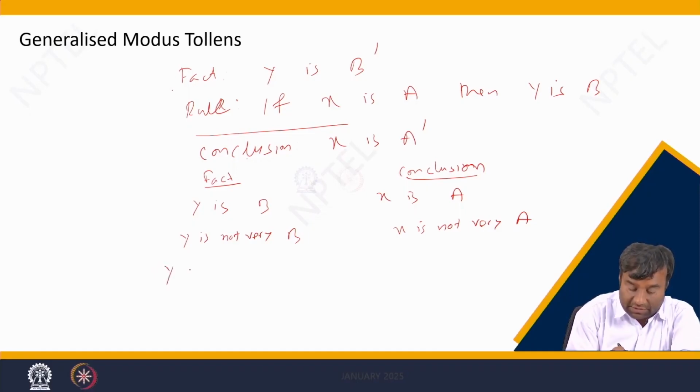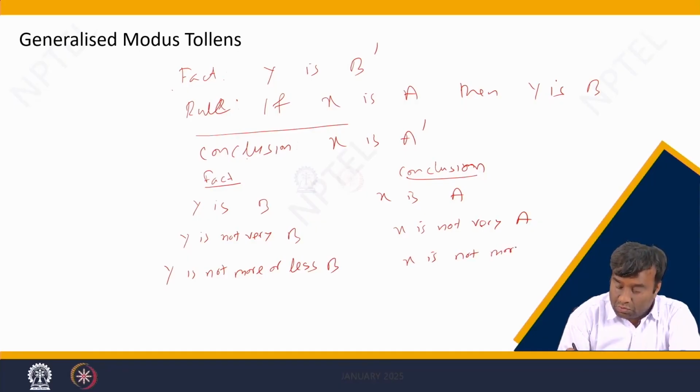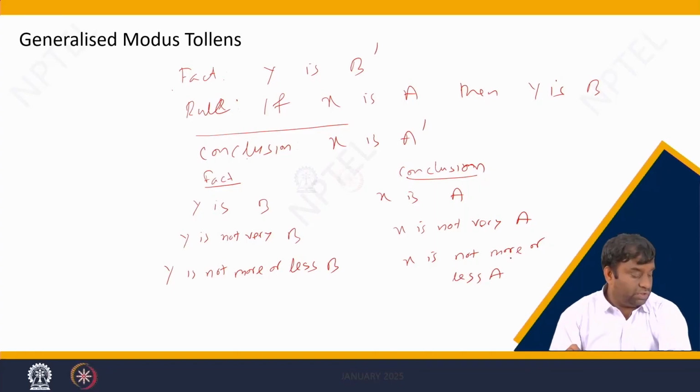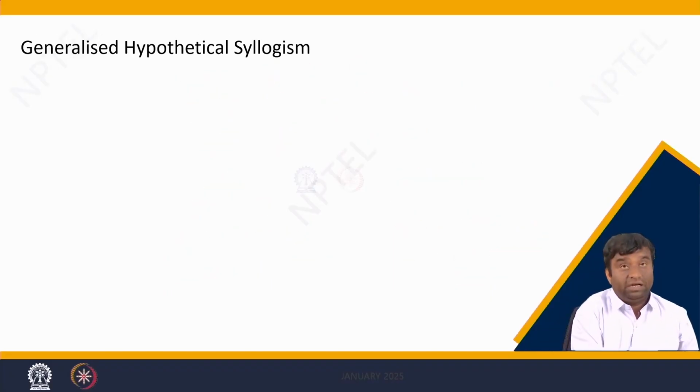If Y is not more or less B, the conclusion is X is, to the same degree, not more or less A. So these things are the modus tollens. Now try to understand the next concept, which is the